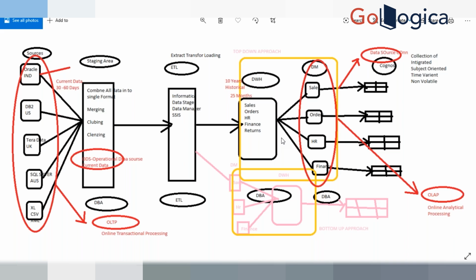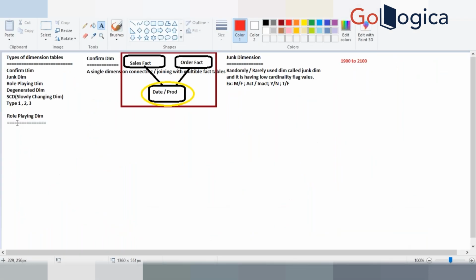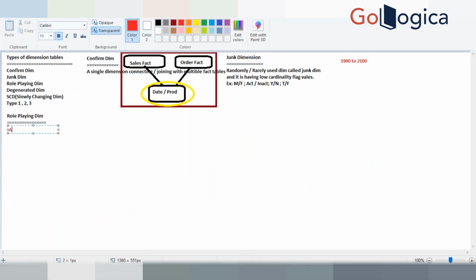Without date, there is no analysis, right? Without the date dimension, you can't check what was, what is, what will be. We'll have data only till tonight. If you want future budgets, you can't analyze if you don't have a date, and the date doesn't have history, meaning past or future. In data warehousing, the date is important for any reporting: sales, order, finance, HR reporting, all kinds of data mart people need a date. Date is mandatory. So what I'm trying to explain here is, a role playing dimension is a single dimension